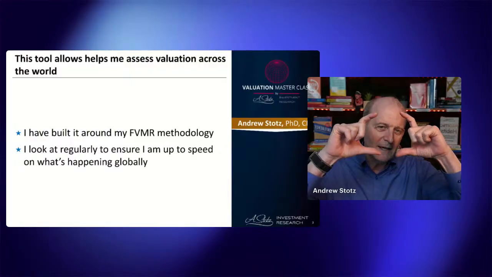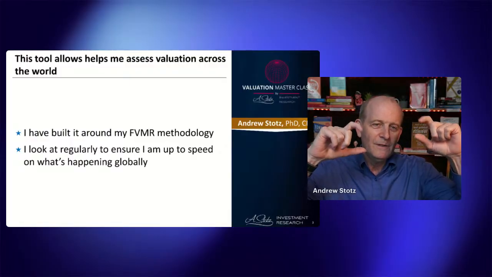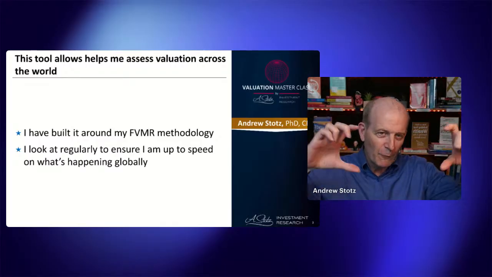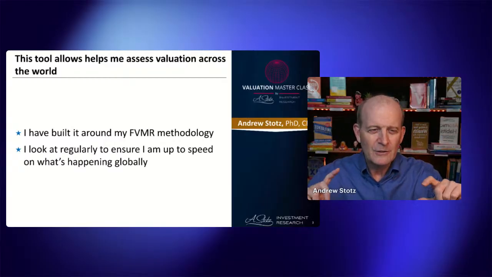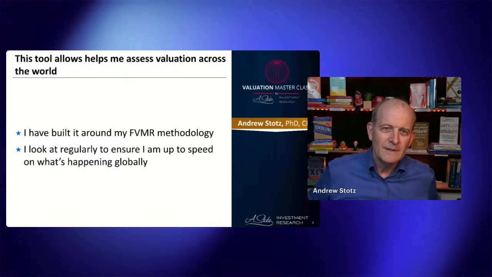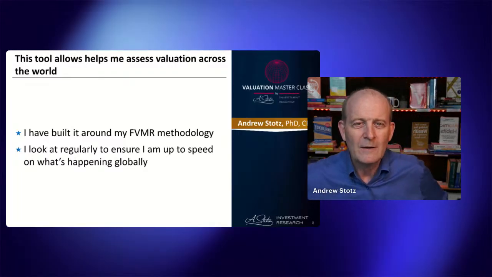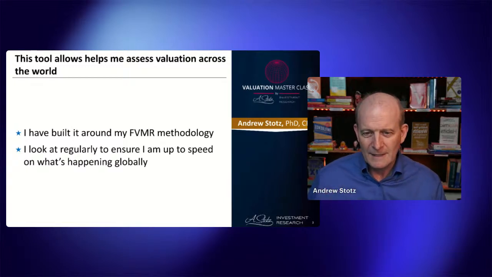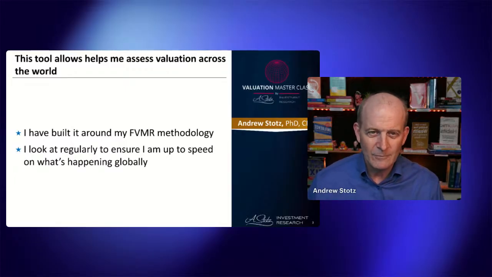Think of it like a square or a rectangle. You have four corners. I want to look from four corners, from four directions at a particular stock or a particular market to know that I've really covered everything. And that's when I developed the FVMR framework to help me get a big picture on the markets and also be able to really quickly catch up. And you're going to be able to do that when you receive this.